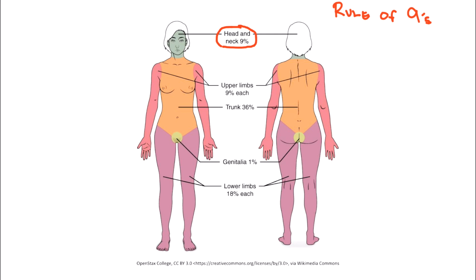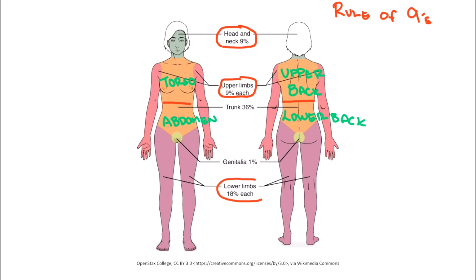Next, the upper limbs also constitute about 9% of the body's total surface area each. However, the trunk can be broken down into the torso, abdomen, lower back, and upper back. Each of these components of the trunk makes up about 9% of the body's total surface area. The lower limbs take up about 18% each, meaning that the front of each leg is 9% and the back of each leg is 9% as